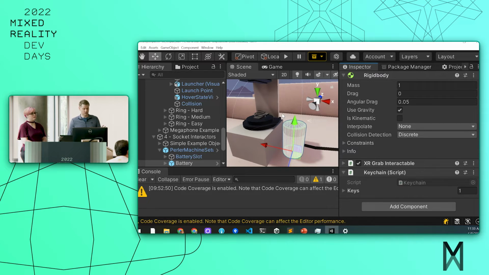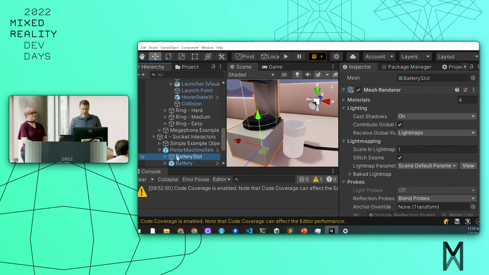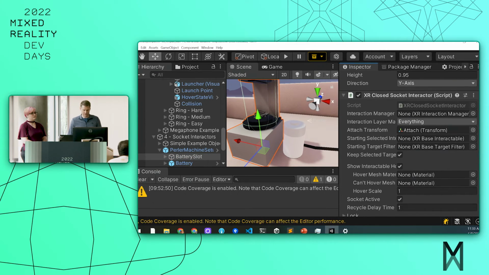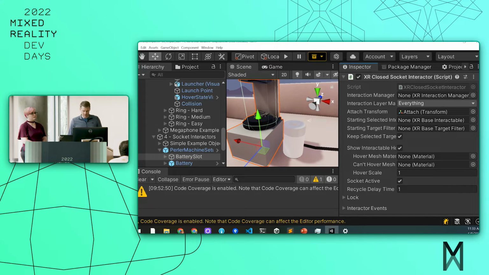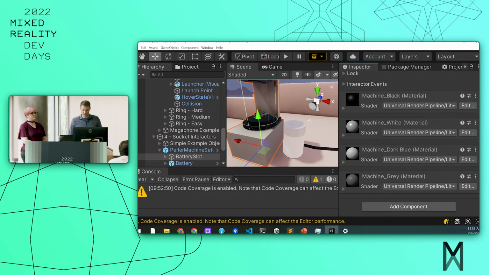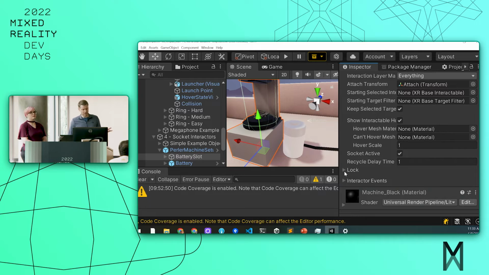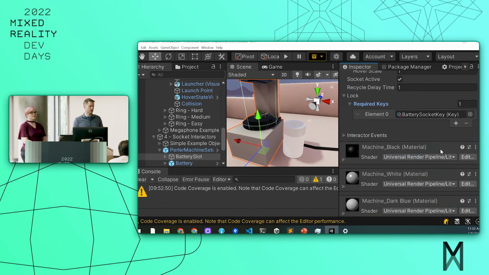So instead of just using the interaction layer mask, we've actually set it up so that the battery slot will only accept things that are keyed to the right thing. So this is a closed socket, so it only will accept a specific key. Look at the lock, we see what the required key is, and it's the battery socket key. And the battery holds that key, so when you go to push it in there, it will say, yes, this is the right one,